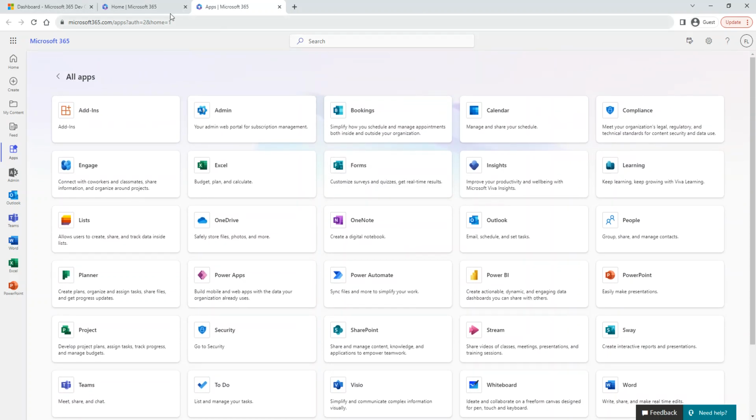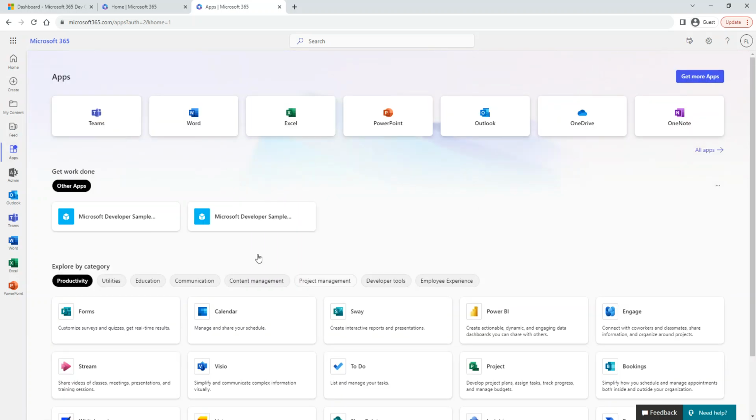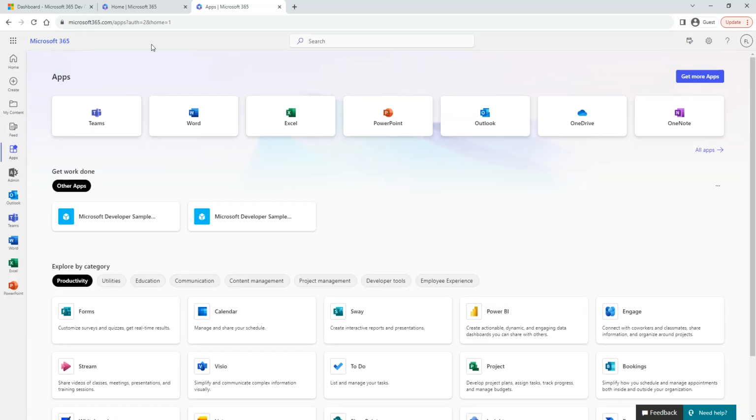But as you can see here, it totally looks the same as what we saw before. The only thing that happened is this is now selected. So all of the links on the left are ways to navigate. We are on the apps. I can click on home. If I go back to apps, all of my apps are going to be right here. So you can see all again.